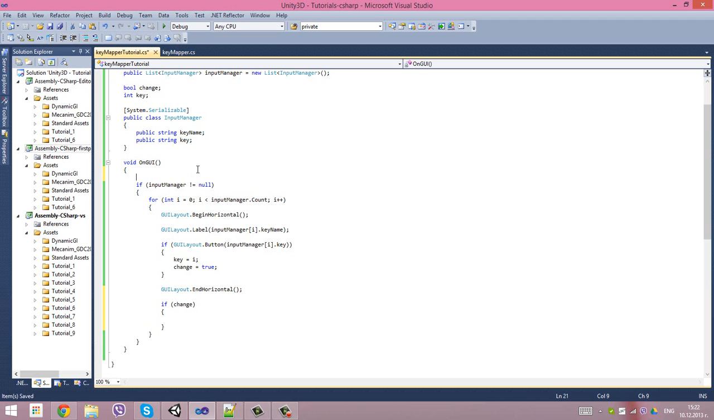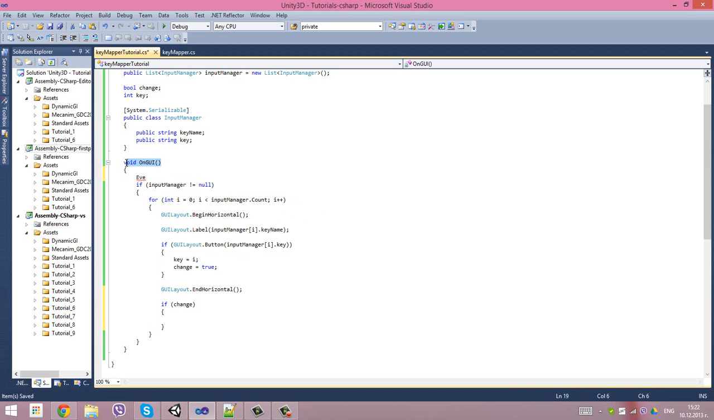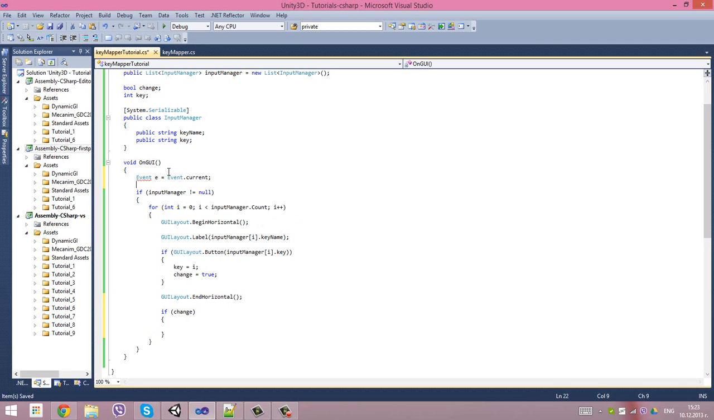So we need to make a private or local variable. It's local because it's made in a certain function, for example on GUI. So we make an event, I'm going to call it E, which is equal to Event.current. Okay, now